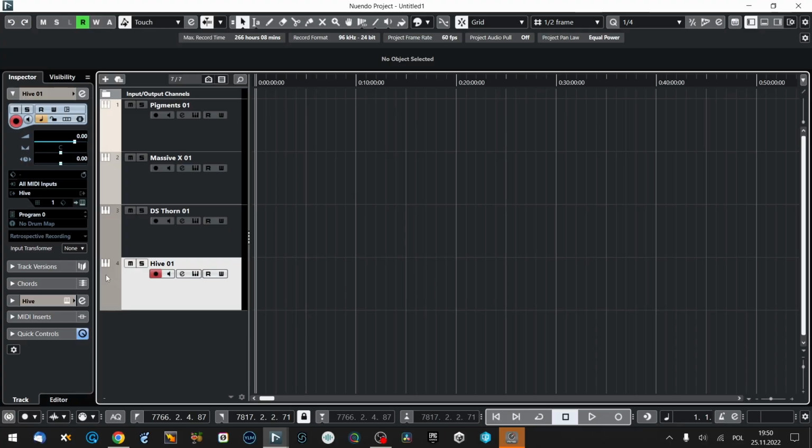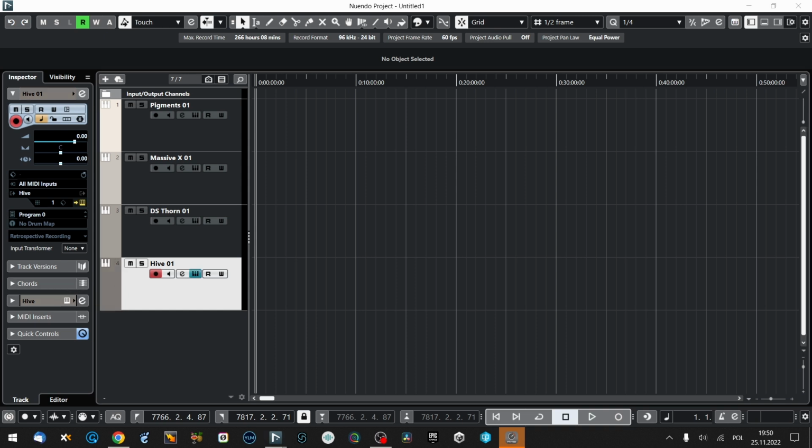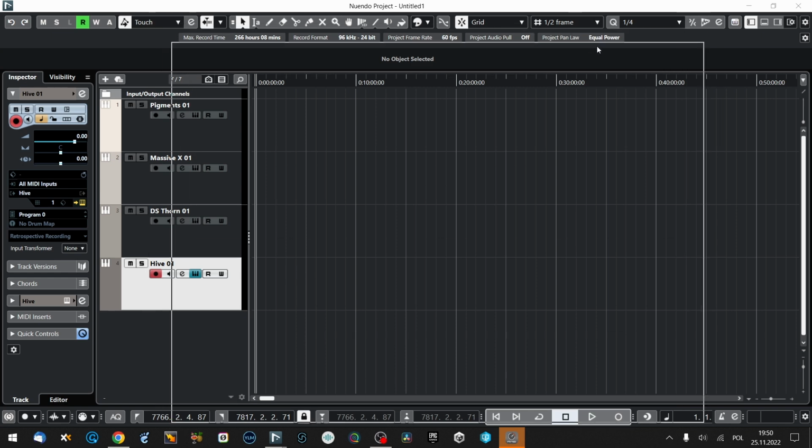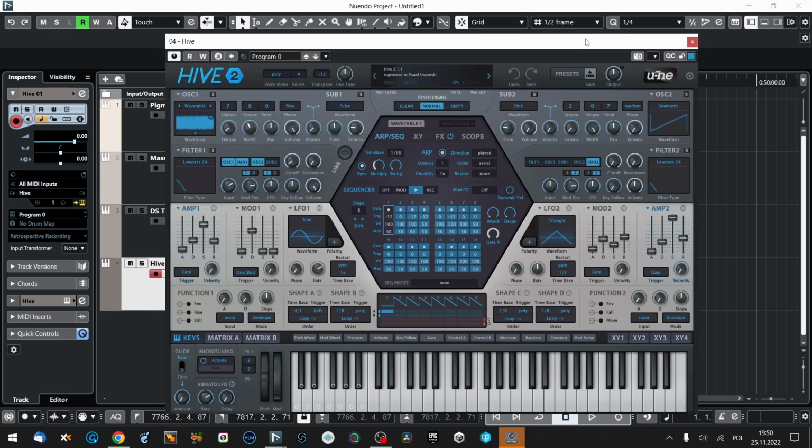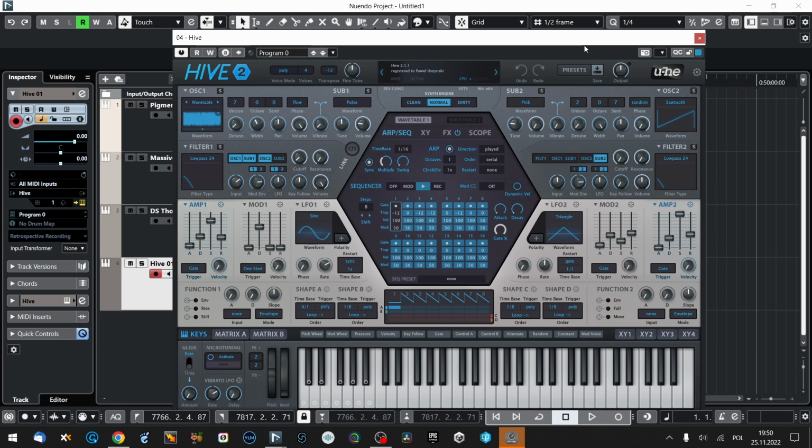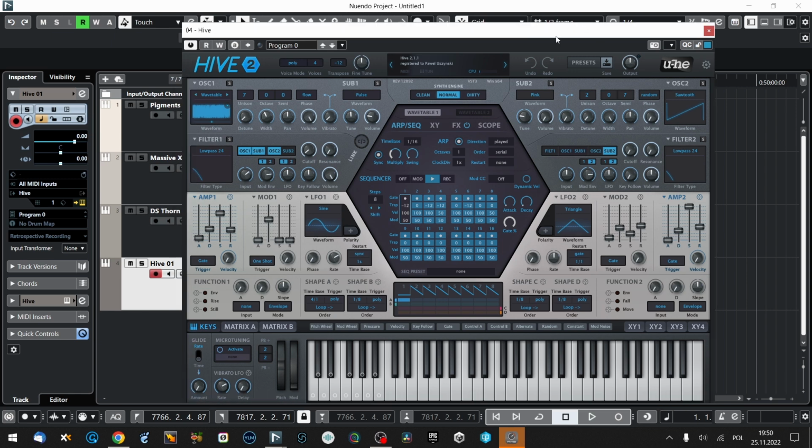My fourth machine is Hive by u-he, and for the sound it gives me, that's my favorite one. I love the sound of Hive. It's really deep, rich, analog-like, yet really very modern. This machine can actually do everything, though it's just a 2-oscillator wavetable with 2 sub-oscillators. Anyway, the way it's designed, yes, it's totally there, but I have to tell you one single problem that I